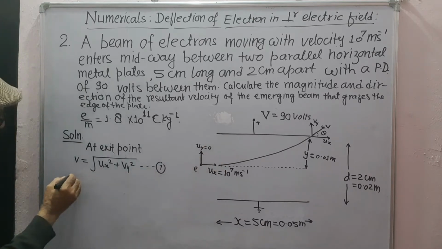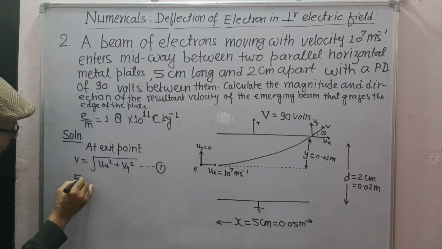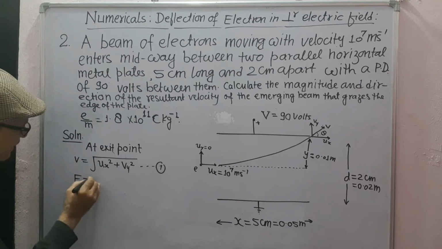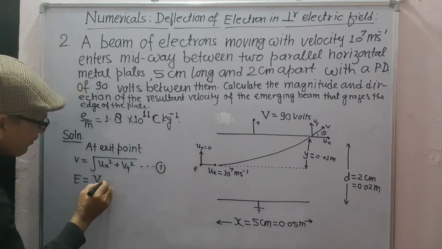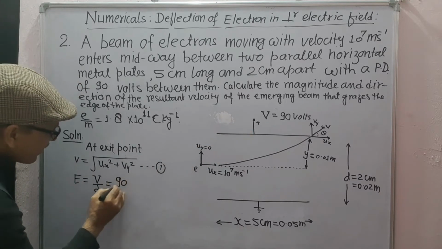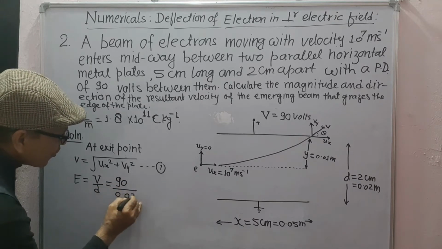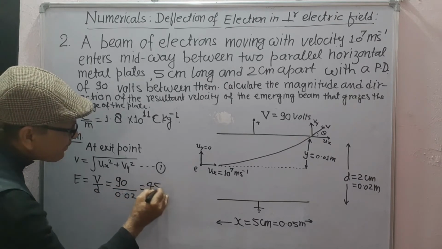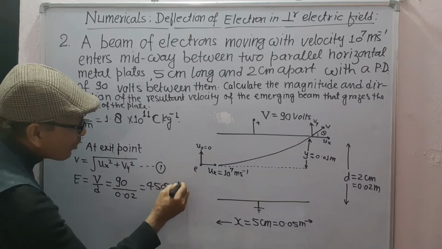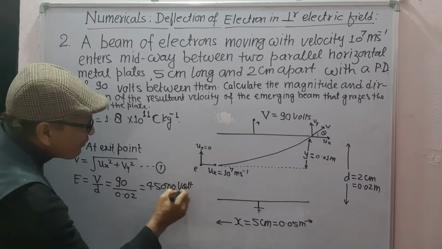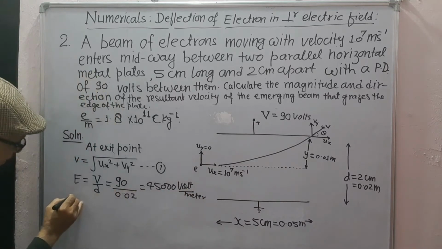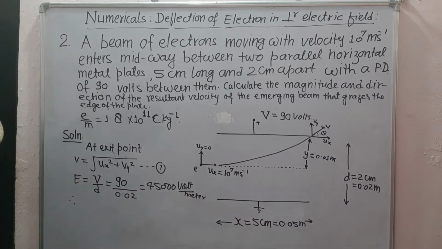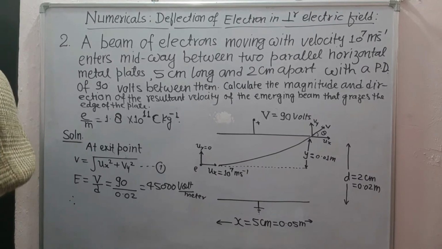The electric field between the two plates will be E equal to V by d, where capital V means voltage upon d. V is 90 volt and d is 0.02, so E is 45,000 volt per meter. Therefore, the acceleration will be